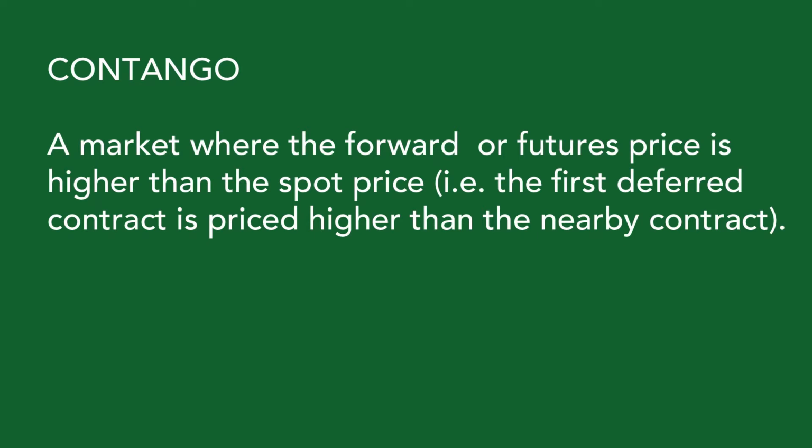Contango: this is the opposite of backwardation, a market where the forward or futures price is higher than the spot price. The first deferred contract is priced higher than the nearby contract. A contango that is getting smaller, narrower, indicates commercials are becoming more bullish, while one that is getting wider indicates commercials are becoming more neutral or bearish. For example, contango would exist if the January soybean futures contract price is $9.80, March is $10, and July is $10.10. For a commodity futures contract, contango markets are considered normal, as there's typically a cost to carry or for holding that commodity.